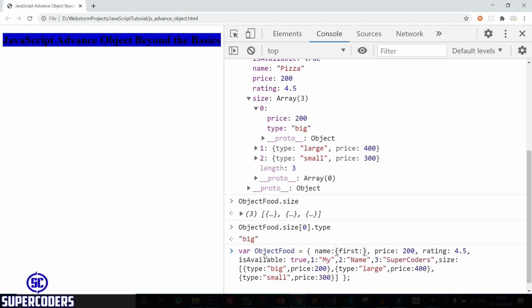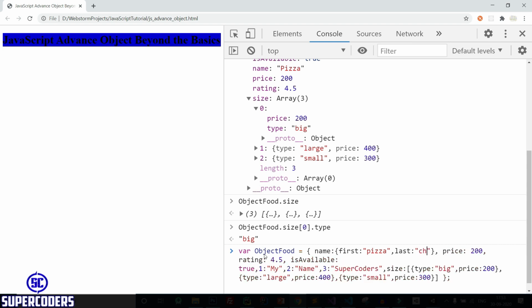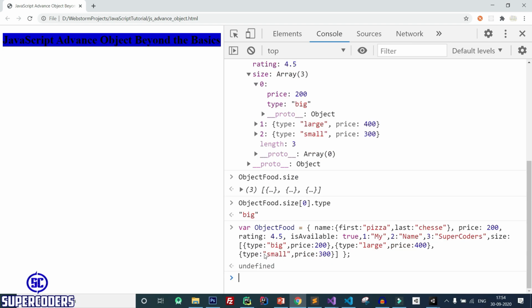First pizza, last cheese. So in this way you can create a simple nested object. And here I created an example of an array nested object, means an object with arrays and objects.